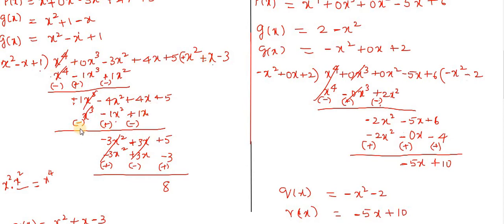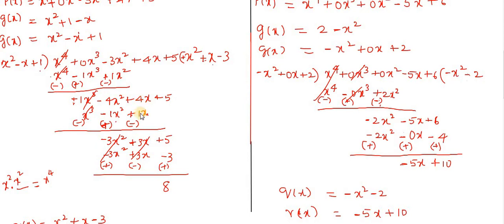So now we need to change the sign. So if plus is there, we need to change to minus. If minus is there, we need to change to plus. So minus will get cancelled. So here also already minus is there, which I'll change to plus. It is plus 1x square. So then here already plus is there, I change it to minus. Okay. So then minus 4x square plus 1x square is nothing but minus 3x square.